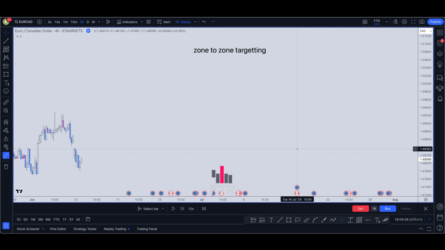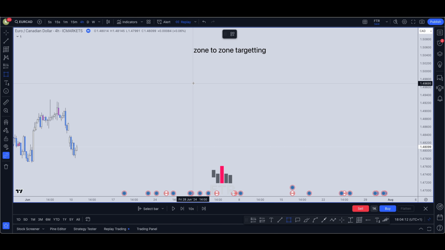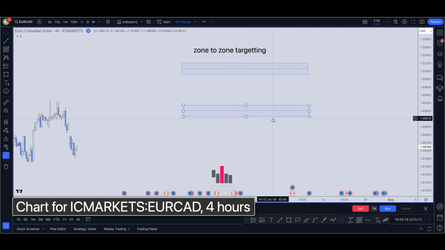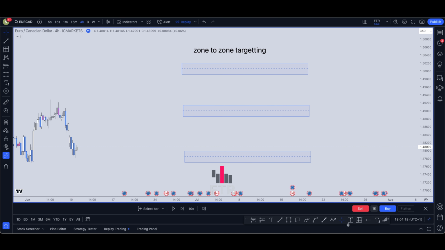So the whole concept of the FTR strategy is zone to zone targeting. I draw this up at the start of every video that there is. H4, H4, H4. We're going to pretend that the market is in a downward move. We're now in the middle zone. We can either push up and lead back to this order block, or we can press down and lead to this order block. So that means when we're on the M15, if we can watch the market slowly climb its